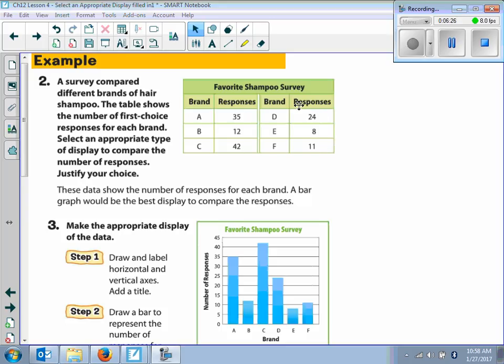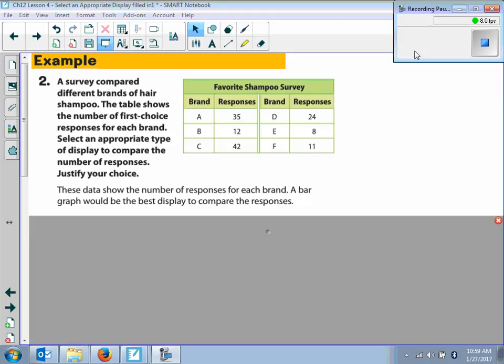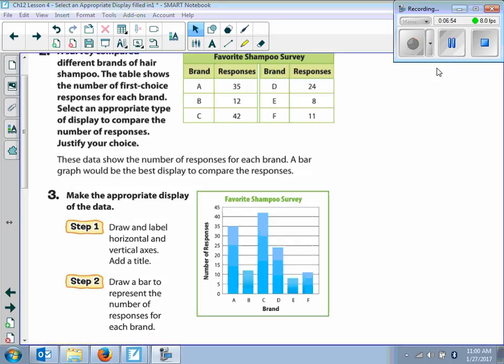So if I want to use a display that tells me the number of responses for each one of these categories, which one are we going to use? So the data shows the number of responses for each brand, so a bar graph would be the best display to compare the responses. So now, for example 3, we're going to make the appropriate display of the